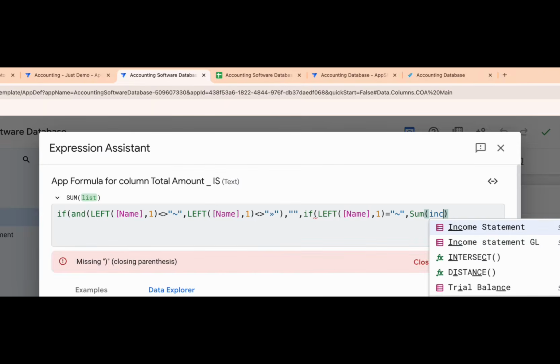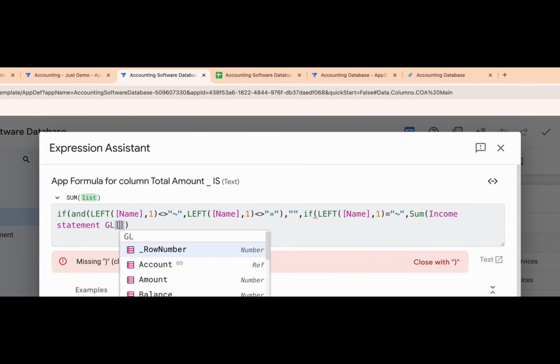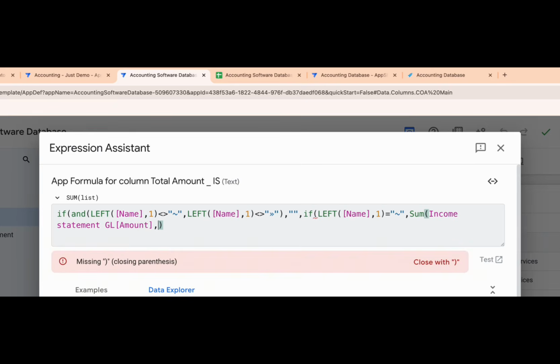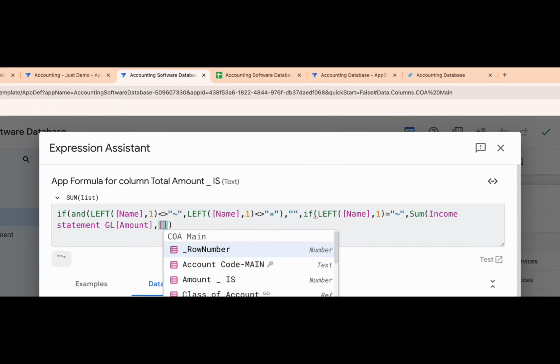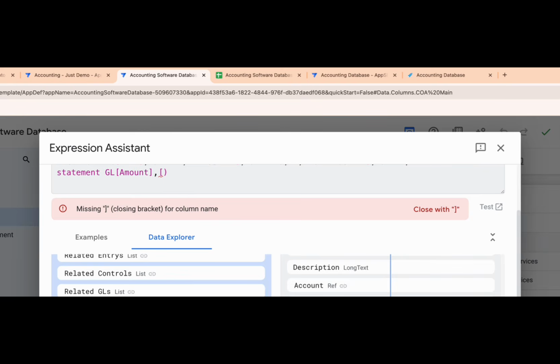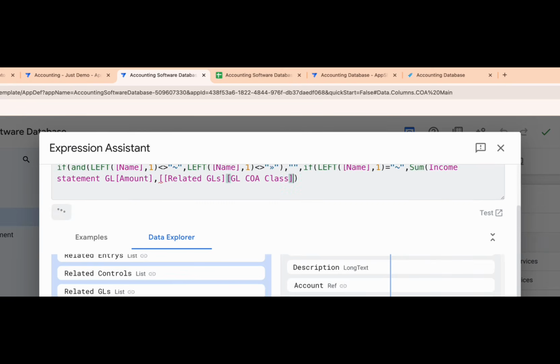Okay, go into the income statement GL, give me amounts, where the GLCOA, so let me see if it's showing here. The GLCOA, this is what I want. Let me set it. Good.